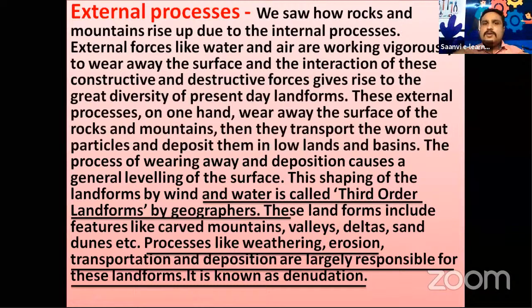So that may be cause for formation of new landforms. Already you have learned in the previous class, plain, flood plain, and the same way another term, delta, the formation of delta. How does this all happen? Because when the river flows, it carries all the silt and sand deposited into the low-lying area, which goes for formation of new landforms. The same way, when the wind blows, it also carries the dust and debris,